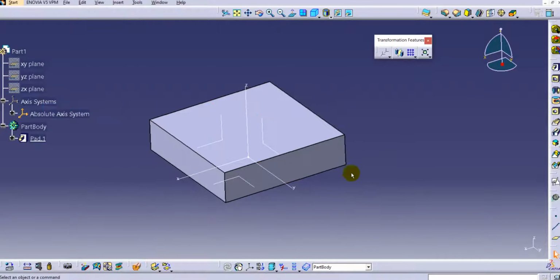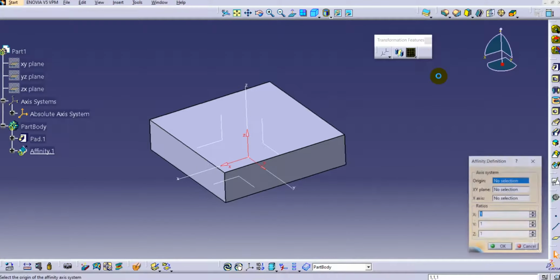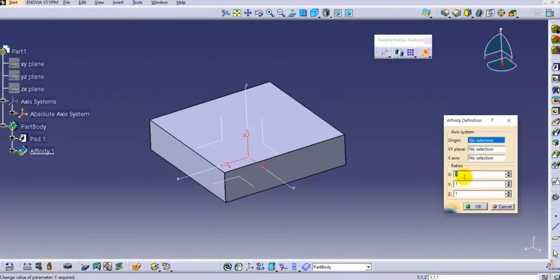Now I will delete this, and we will see the next option, that is affinity. Just click on the affinity. Affinity transforms the absolute size by multiplying the scaling ratio. Here you can provide a different scaling ratio along the XYZ directions.